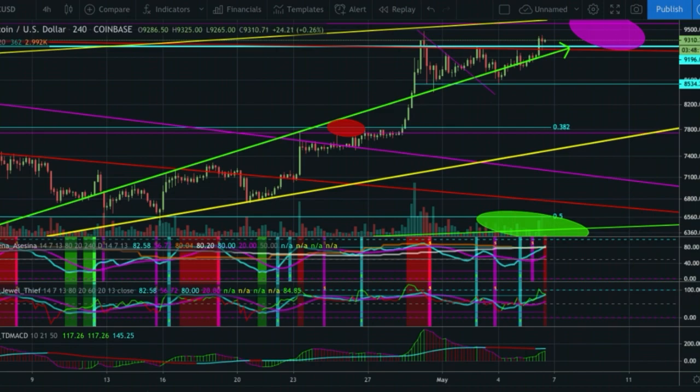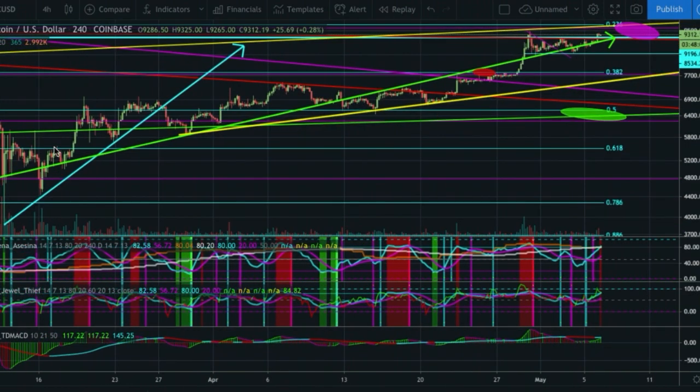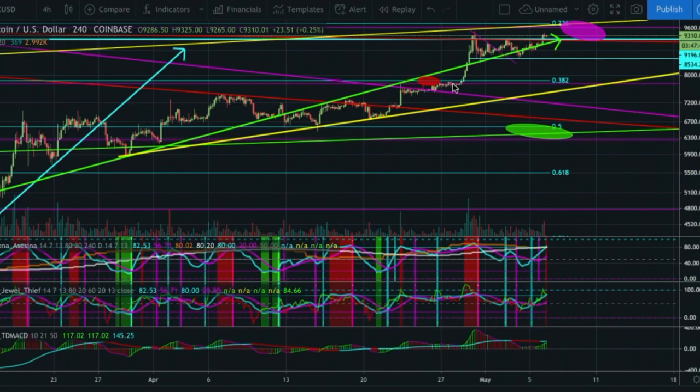Alright, so here we are looking at the 4 hour Bitcoin chart. This is Coinbase we're currently looking at. Let's zoom out here a little bit. We've been essentially just cruising up on this green trend line, and we lost the parabolic green trend line, retested it as resistance quite a few times, and started forming this yellow parabolic trend line based on these three lows. And then we were actually able to bust through a key horizontal support resistance,